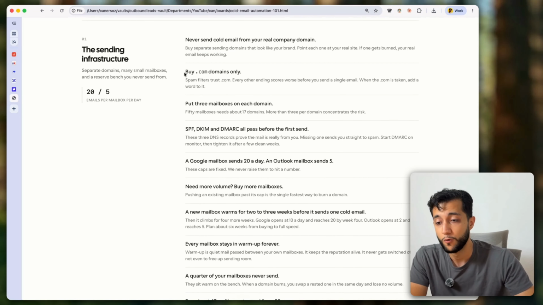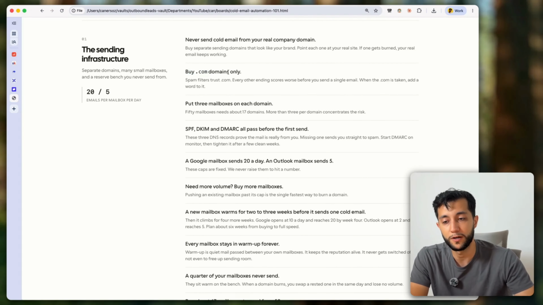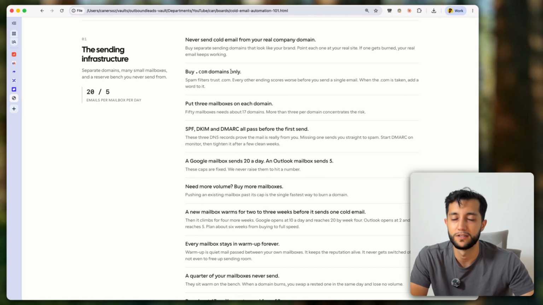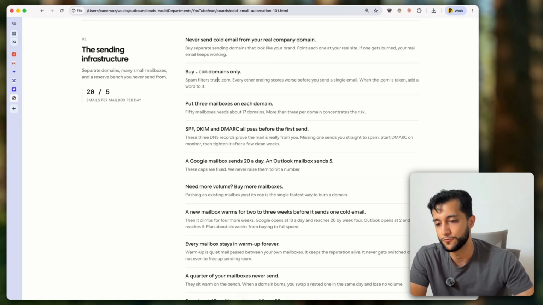So when buying separate sending domains, you only buy .com. I've tried .xyz, I've tried .info, I've tried .co. I've tried a bunch. I wanted to save money as well. Yes, I get the struggle. .com just costs a lot of money, especially at scale. It's annoying. Yes, you still have to buy .com because